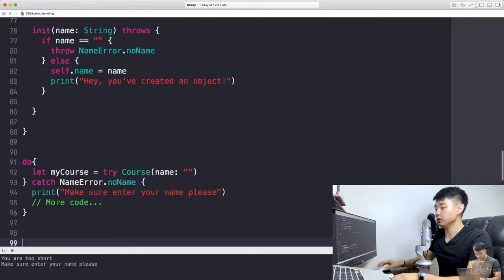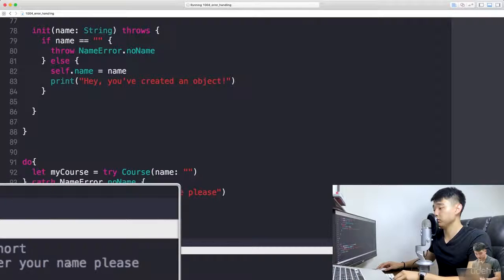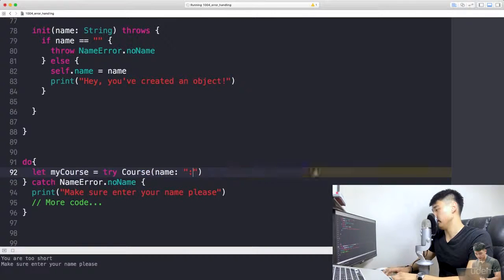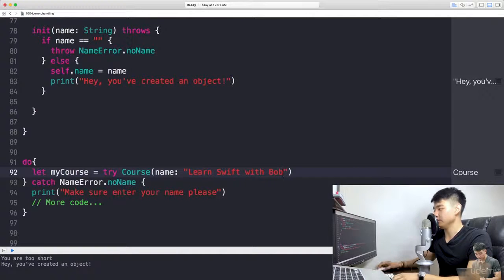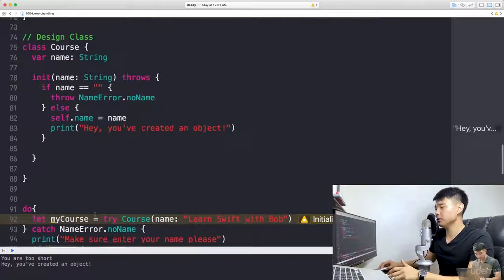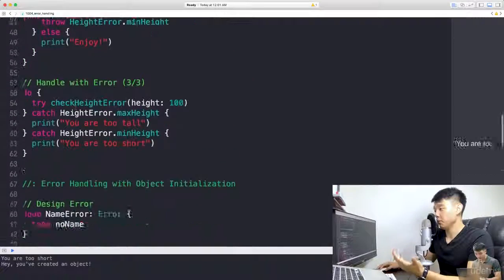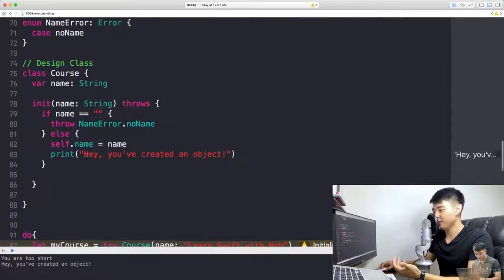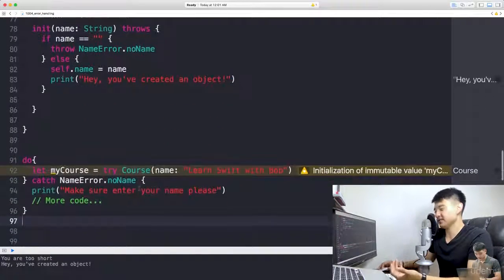Right, boom. So now you can say, hey, make sure to enter your name please. And of course, if you enter like Lawrence Swift with Bob, it's going to say, hey, you've created an object right there. Boom. Awesome. That's it. So not only can you apply this to a simple function, but also to initializations as well. Sometimes this can be a little overkill, but I just wanted to let you guys know